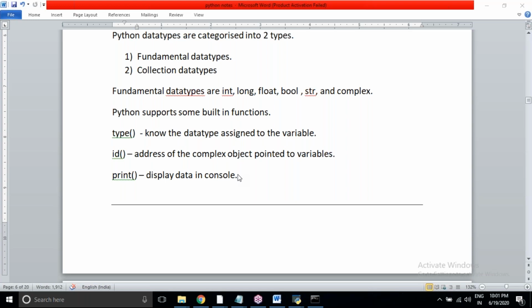After fundamental data types we'll discuss number formats, then string handling, the input function, then conversion functions, and then operators, Python operators, if condition, for loop, while loop. After completing all this, which may take a few classes, we'll discuss collection data types like list, tuple, set, dictionary. So here I just want to recap.